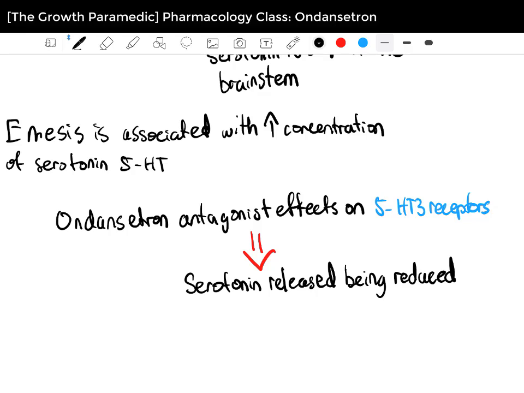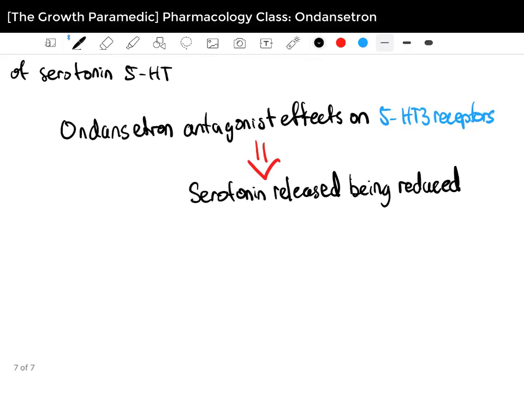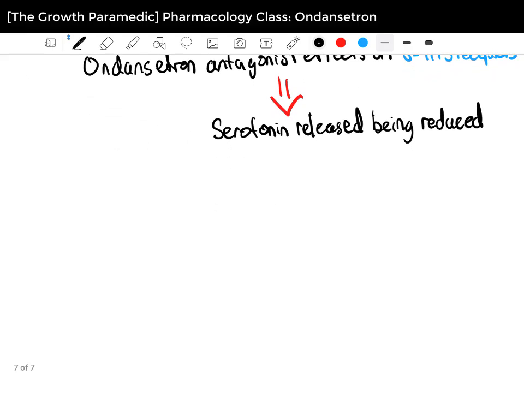However, an important note is that ondansetron cannot be used to treat all cases of nausea and vomiting, as serotonin signaling is not the only mechanism that nausea and vomiting can be stimulated by. Okay, so let's summarize here. The underlying belief with administration of ondansetron in pharmacodynamics is that 5-HT initiated vomit reflex